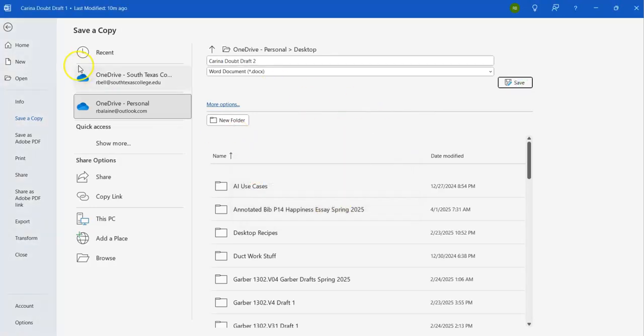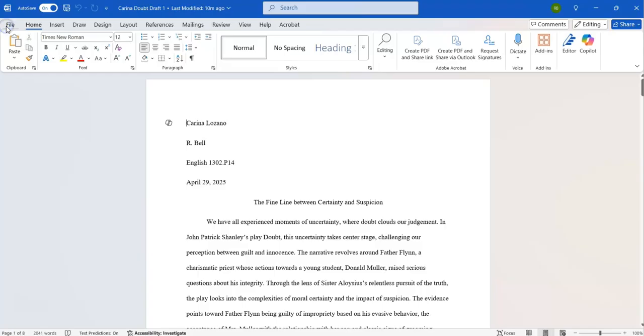I already have that file saved, so I'm going to back out of that. I just wanted to explain the process. So file, save as, put a 2 on your draft, and then that's the one that you make your revisions to. And let's assume at this point that you've made all the revisions that you're going to make before the deadline for draft 2. That doesn't mean that you can't make more revisions between draft 2 and the final, but